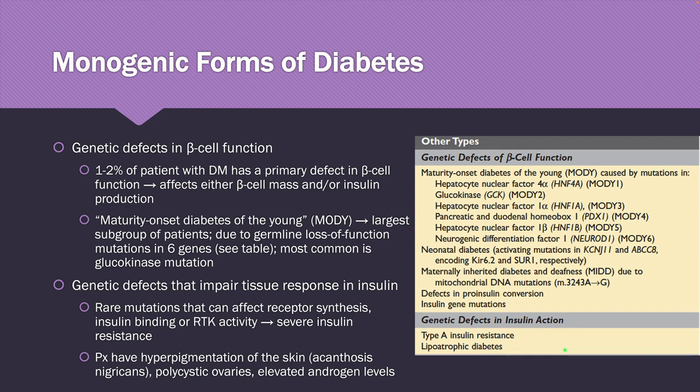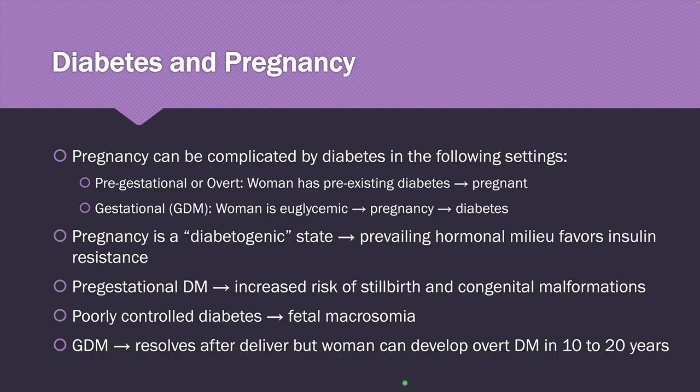So, frankly, I have never seen these causes of diabetes in my practice. Pero what you will see in your patients is hyperpigmentation of the skin, polycystic ovaries, and elevated androgen levels along with your diabetes. During pregnancy, DM is also an issue because